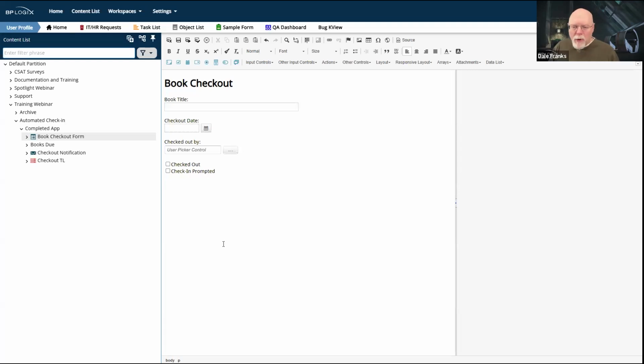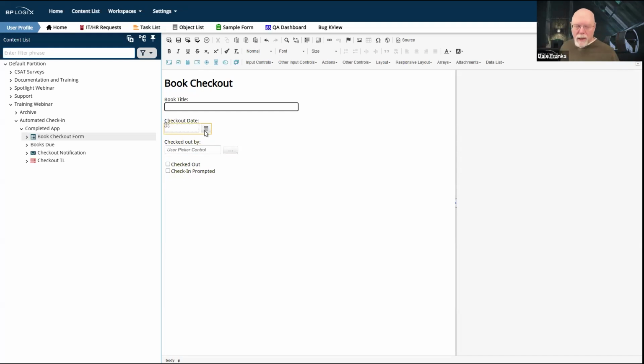So what I really need on my book checkout form are A, the data I need to actually complete the initial process, and B, any of the status fields that I'm going to need to be able to track how the follow-up works. And so in the case of this example, that requires that I have these 5 fields on the form, and I have winnowed it down to really the minimum information that I need. Actually, the one piece of information on this form that I do not need to make the process work at all is the book title. Now, I don't care what the book is titled. It could be anything.